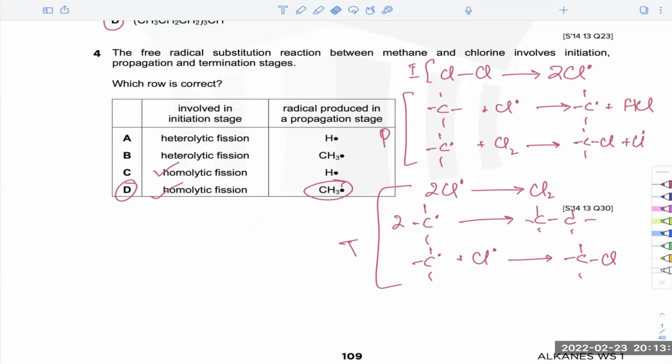Bond strength of HCl is much higher than the other bond. Can't it just be formed when the other radicals are formed? I don't get it. What will be formed? The hydrogen radical. Yeah, there's no chance that a hydrogen radical is going to be produced here, because either a chlorine radical